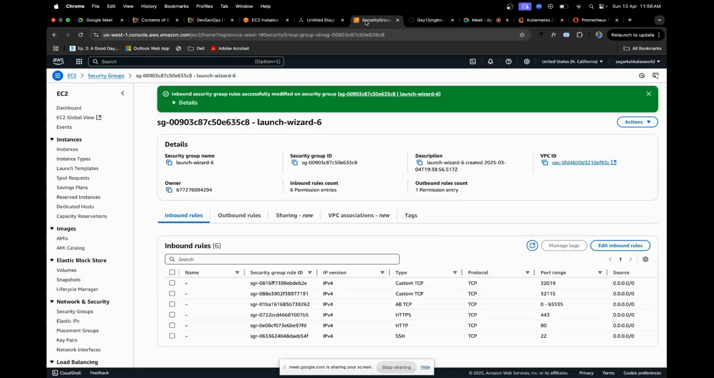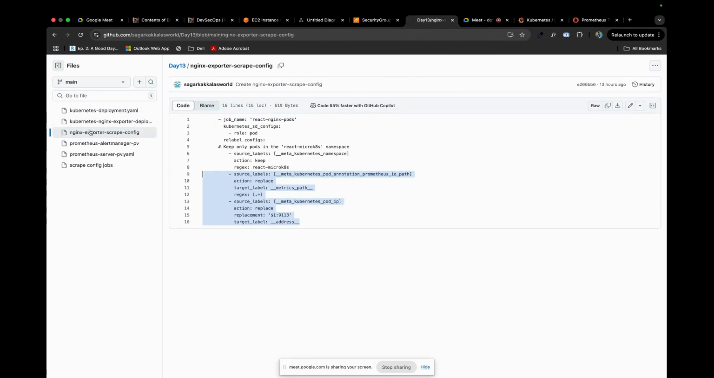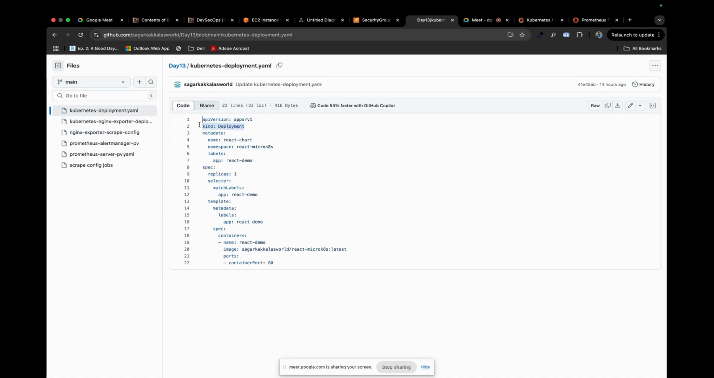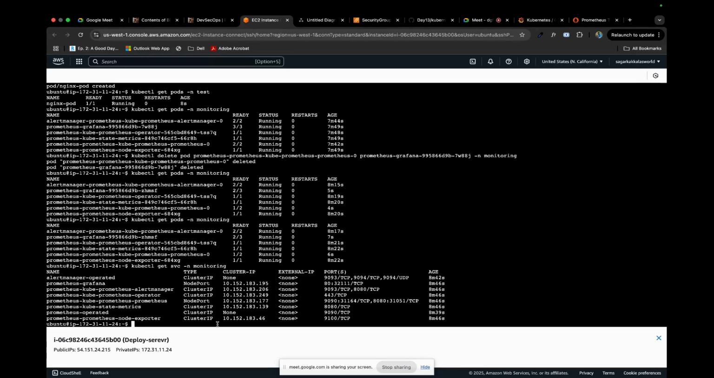Just like you have kind in Kubernetes files, kind is nothing but whether it is a deployment or ingress or something. These are resources created by Kubernetes. If you want to create a resource of your own, just like kind deployment, I could create a kind like Sagar Kakkala's world, and whatever Sagar Kakkala's world does, you'll have that. Just like that, we'll have a kind that's called custom resource definition, and based on this